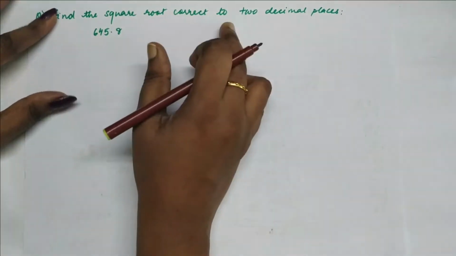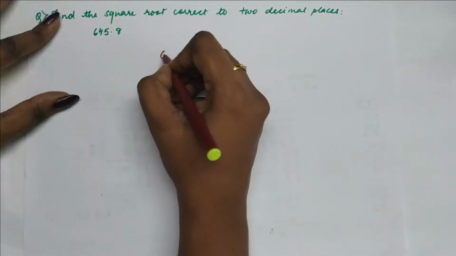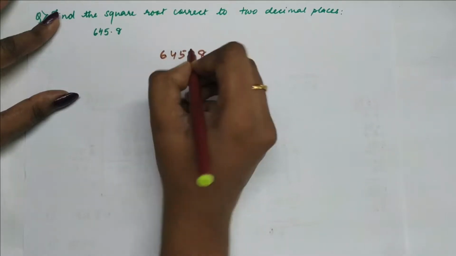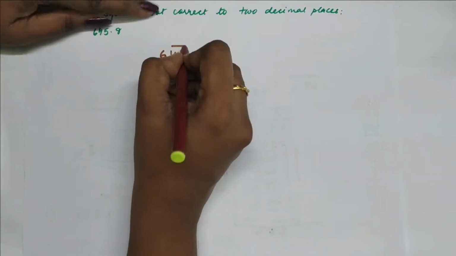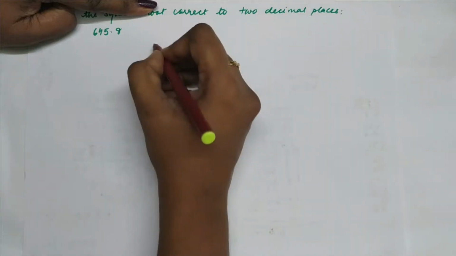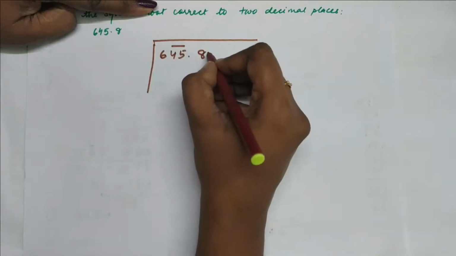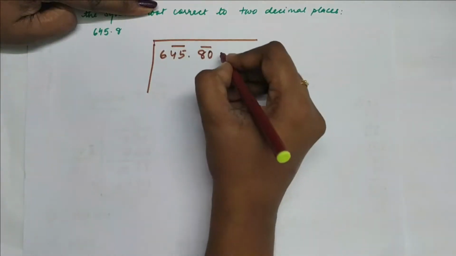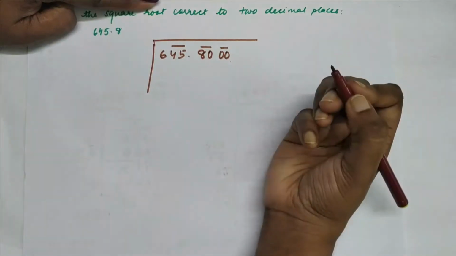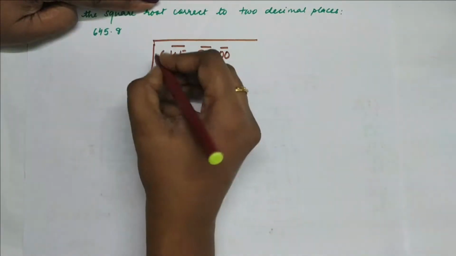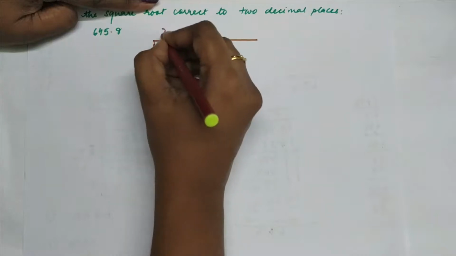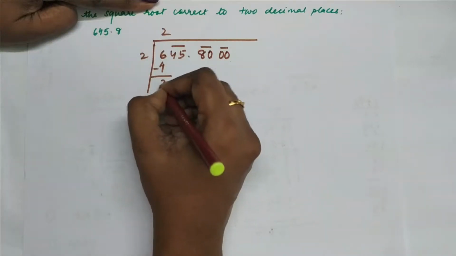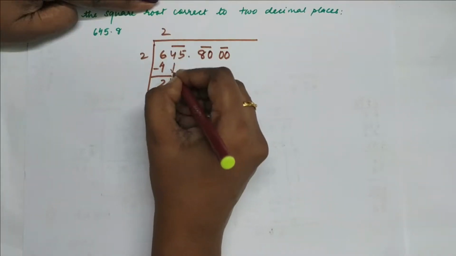You have to do the square root to 2 decimal places. So I write the number to make the pair right to left, and after the point there is only one number, so I put a 0 and make a pair. Write 2 more zeros and make a pair. I can add the zeros at the back. So here 6 is left, so 2 2s are 4. So 2, 45 comes down together.